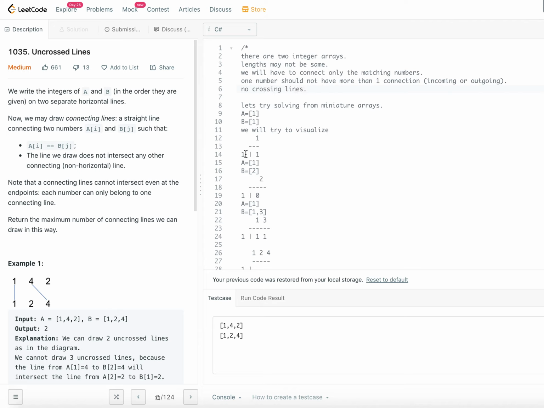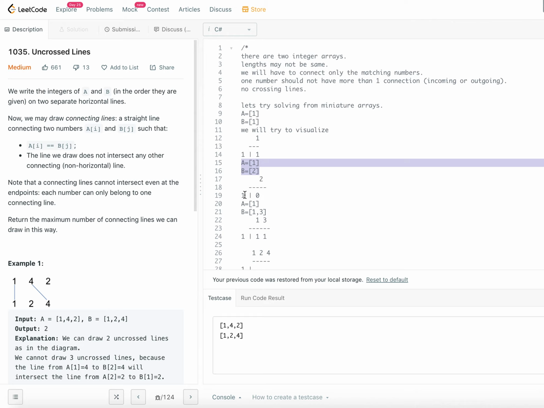Now there is one and there is one. Since there is only one element in both arrays, as long as they match, we just connect. So that's why I put that there is one connection possible. Let's go to the next example where they don't match, 1 and 2.